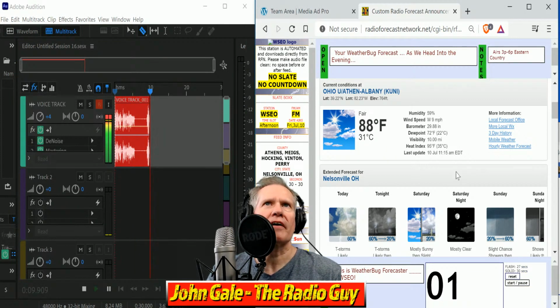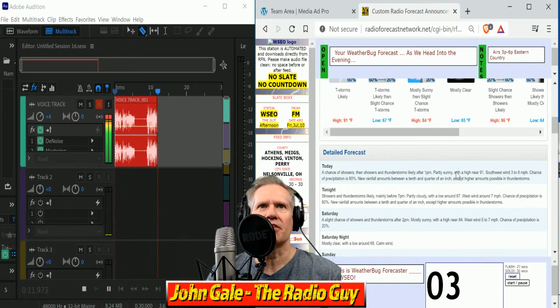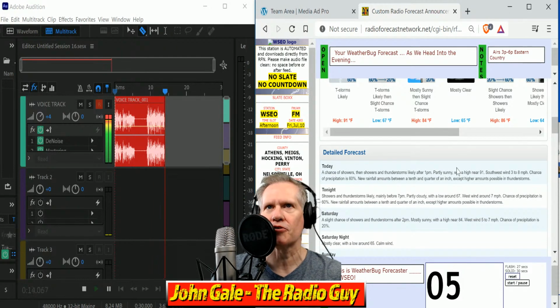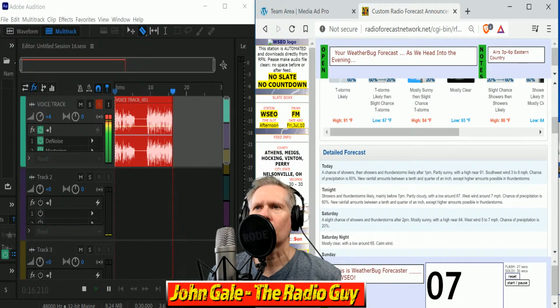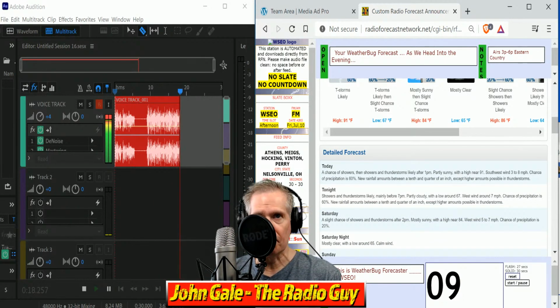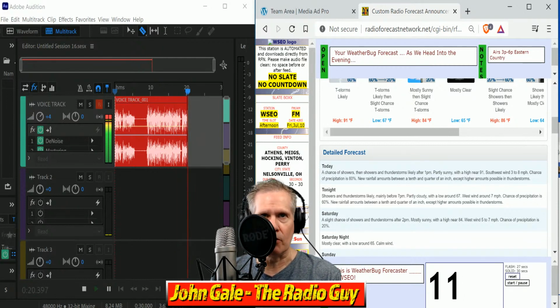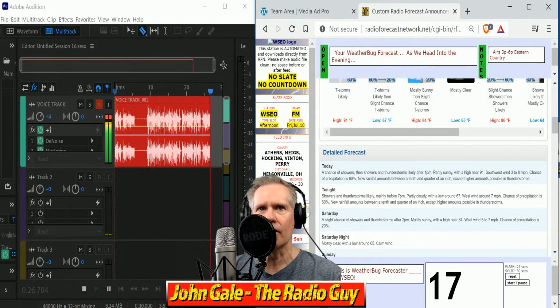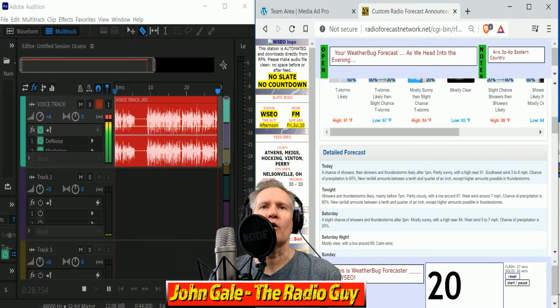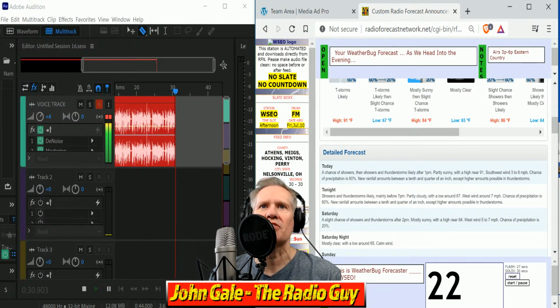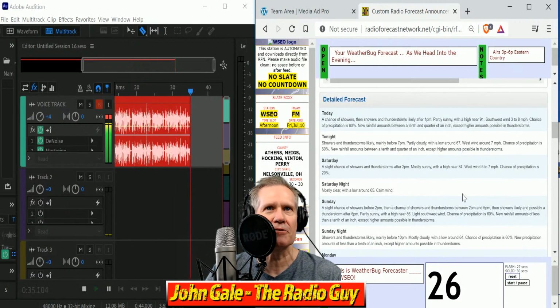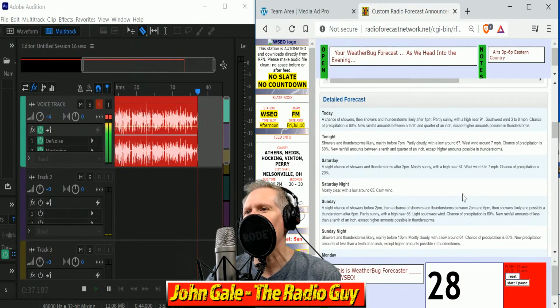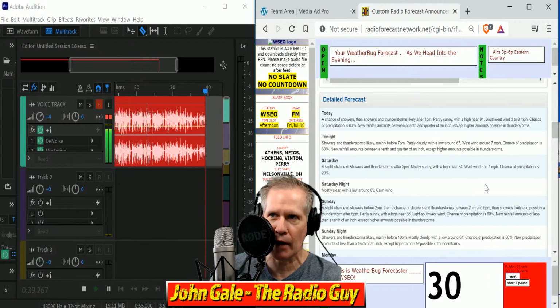Your WeatherBug forecast as we head into the evening tonight. A chance of a shower or thunderstorm likely early on, becoming partly cloudy with a low of 67. And again, a slight chance of some showers on your Saturday afternoon, even a thunderstorm possible with mostly sunny skies later and a high of 84. Mostly clear overnight Saturday evening, calm winds and a low of 65. And for your Sunday, expect some clear skies, a chance of